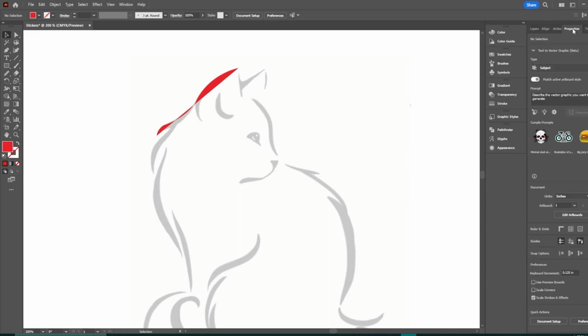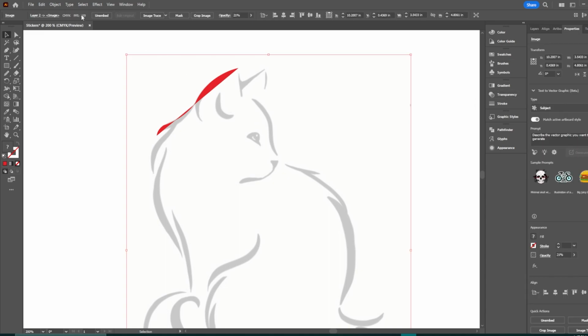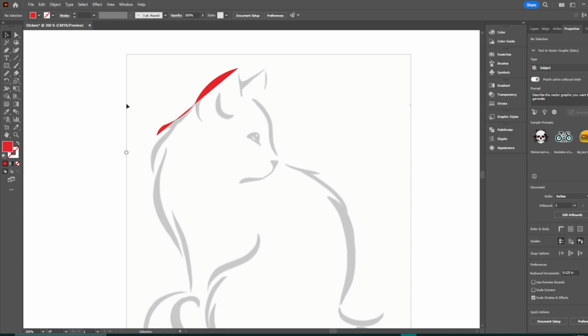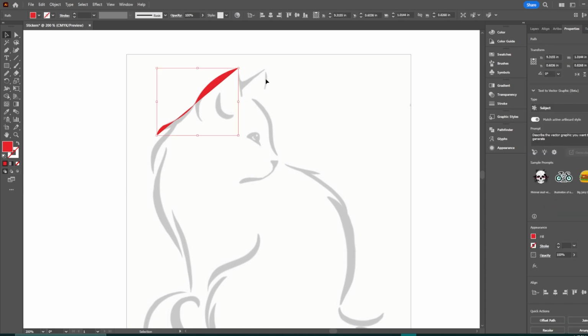And so we can go back to Properties, click on this, Object, Lock, Selection, click on that. And so you can't actually click on this object and do anything with it now. You can't move it, you can't affect it in any way, so that's cool. Now you can click on this, so this object is the one that I just created in order to start